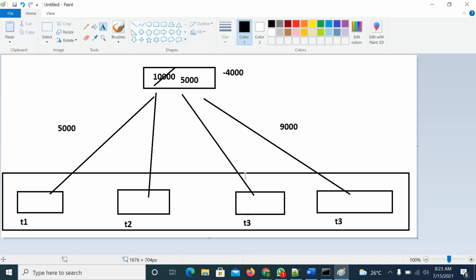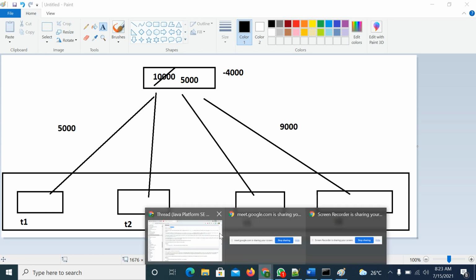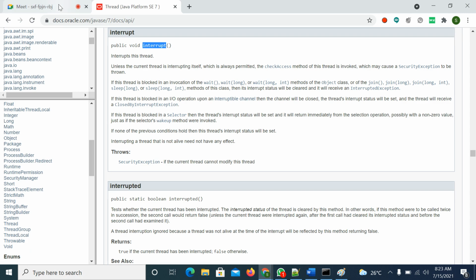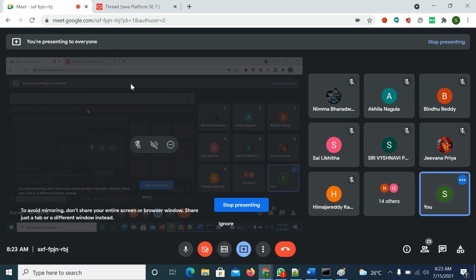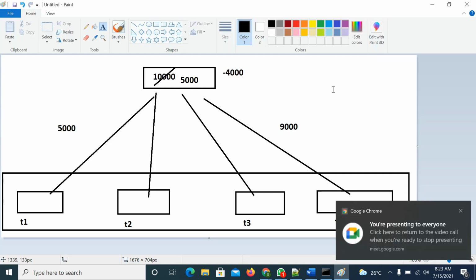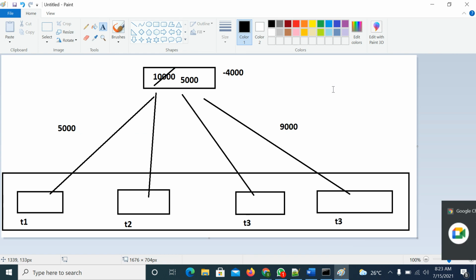So this is called a data inconsistency problem. Because of the multithreading environment, there may be a data inconsistency problem. Consider the same example as a bus reservation system. When you log into a website and try to book a seat, two people may be trying to book the same seat. In this case, what will happen? The same seat will be shown to both people as available. Once both people have selected the bus seat, then what will happen?